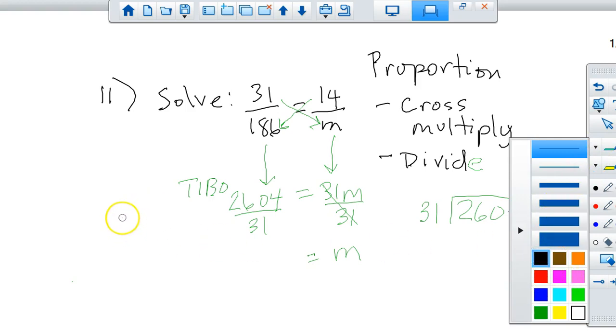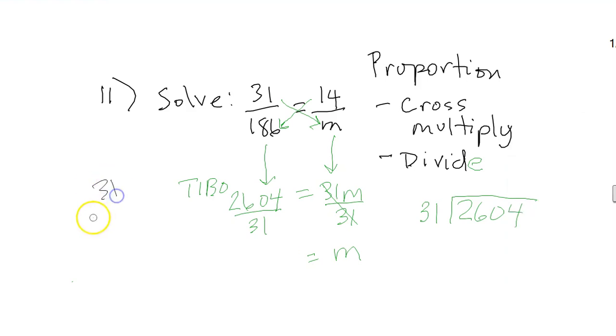Okay, so I'm going to try 31 times, let's remember, like 6 or 7. Let's try 7. So 7 times 1 is 7, and then as you can see we get 217. Let's try 8. So let's add to this another 31, see if we can get closer. So we get